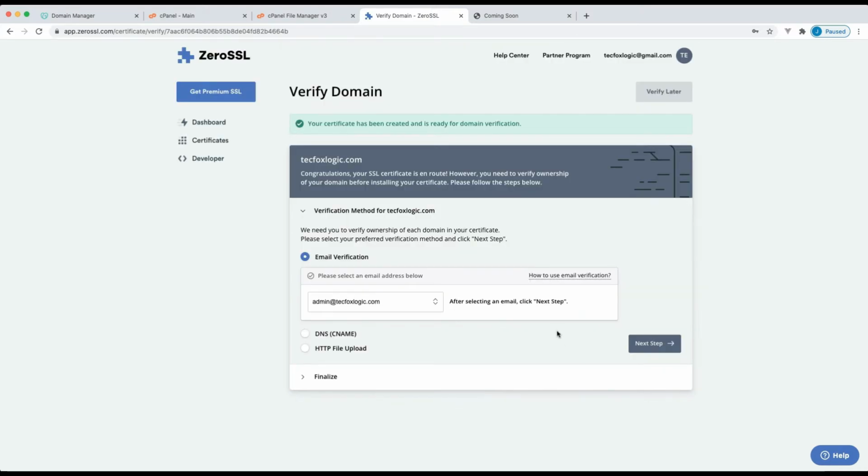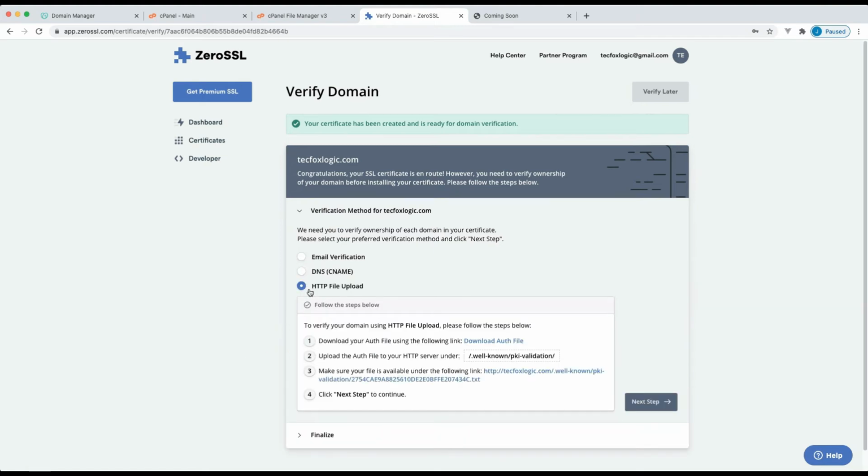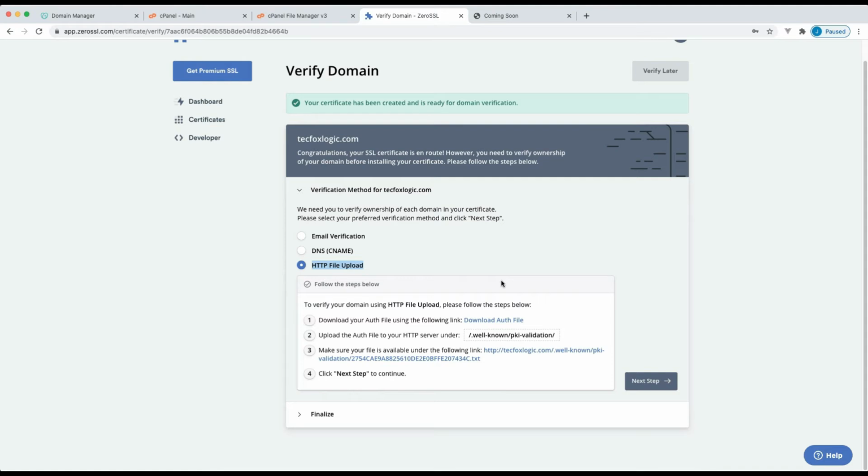There are 3 verification methods in this step: email verification, DNS and HTTP file upload. We will select HTTP file upload option. You can see a box now.